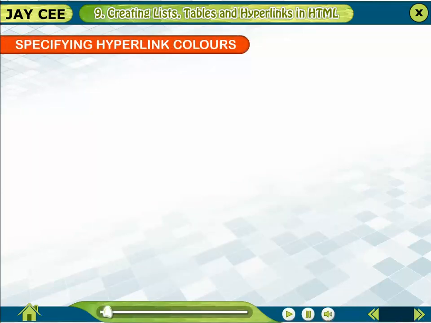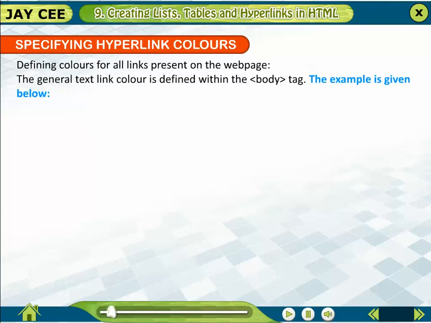Specifying hyperlink colors. Defining colors for all links present on the web page. The general text link color is defined within the <body> tag. The example is given below. <body link="yellow" vlink="pink" alink="blue">